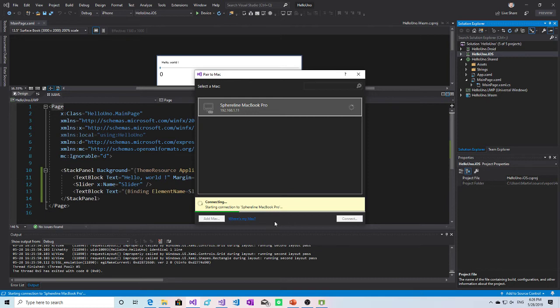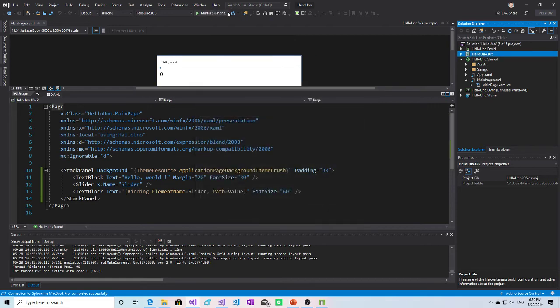It's starting the debugger on Mac, starting the build agent and initializing the environment. So that's done, and I will run it on iPad Air.